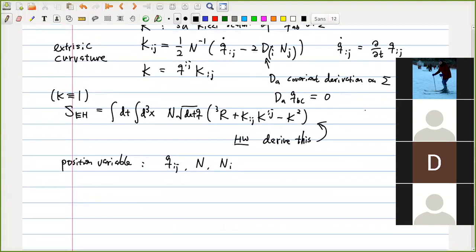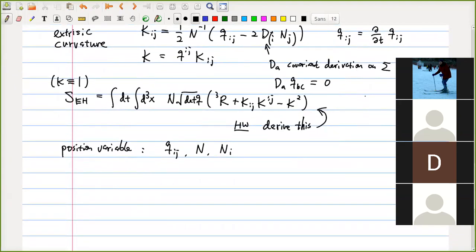All right. So this is the position variable, and as I said, to do the Hamiltonian analysis, we have to define the momentum variable. The momentum variable is just the conjugate. I mean, for any position variable, there is a momentum. And so firstly,